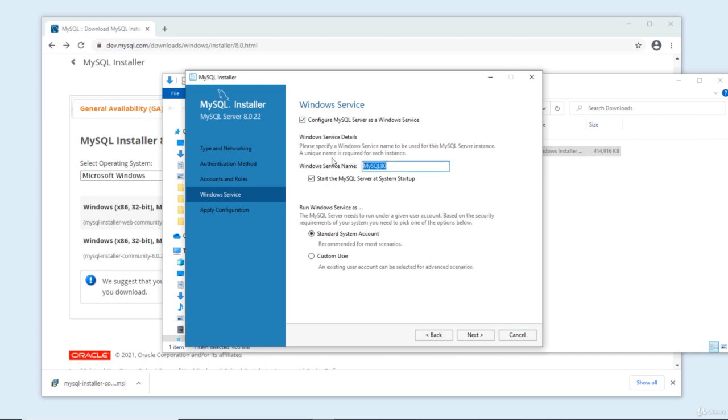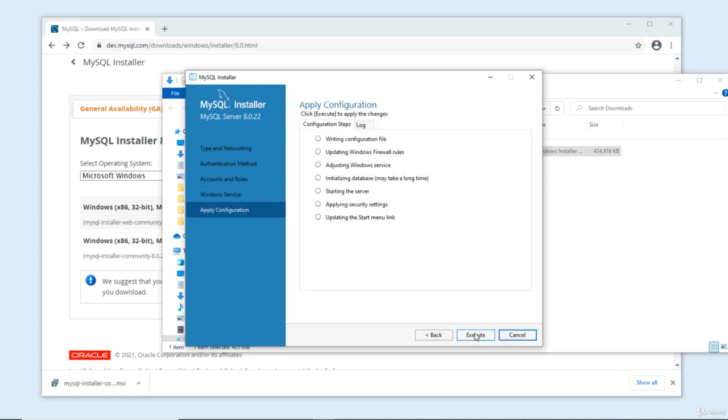And here we are going to install MySQL database server as a Windows service, and we can change the service name here. Here I leave the default name as MySQL 8.0, and the default option, we start the MySQL Server at system startup. Okay, and click next, and click execute. It is initializing the database. That may take a long time. Okay, the configuration for MySQL Server was successful, and click finish,